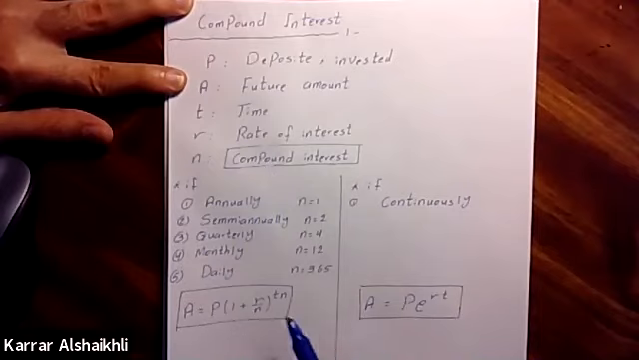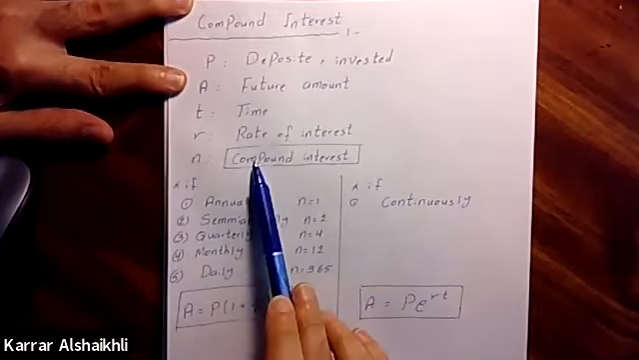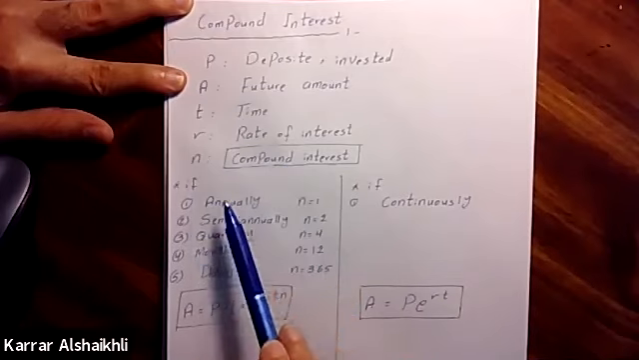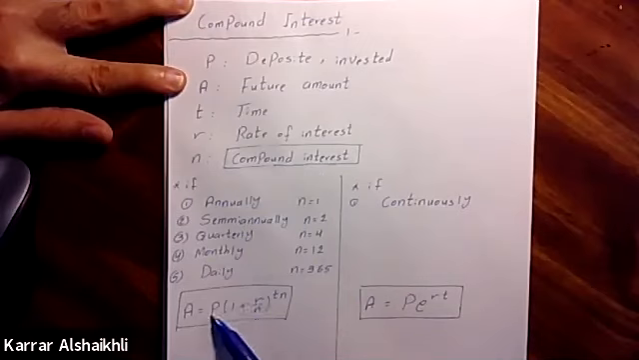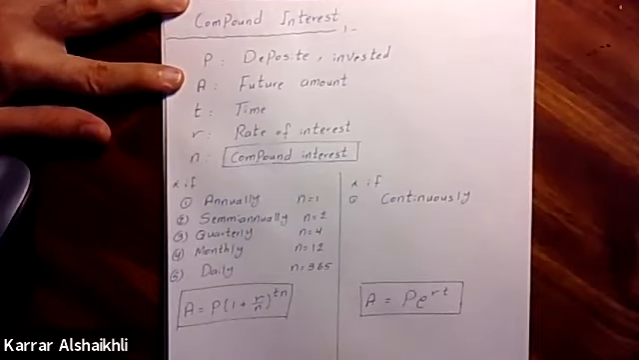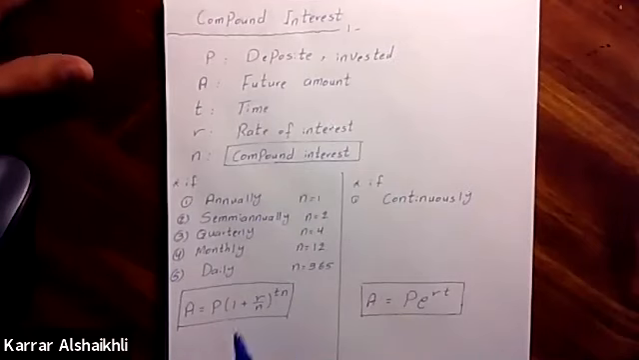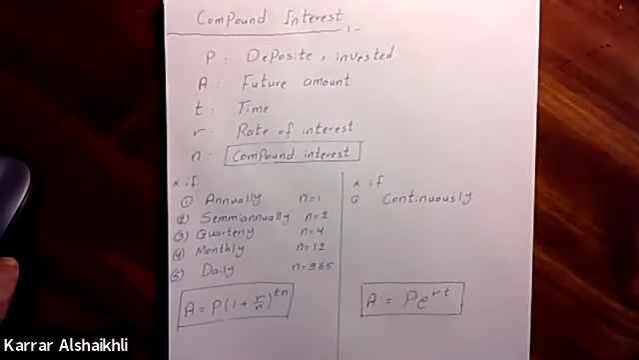So here's the difference between these two formulas. It depends on the compound interest, the n. If it's annually, semiannually, quarterly, monthly, daily, you have to use this formula. If it's continuously, you have to use this formula. So let's start. I need you to write down these before we start doing examples